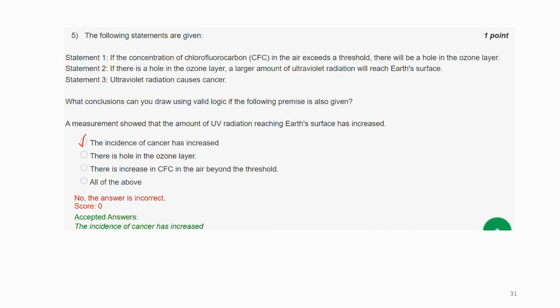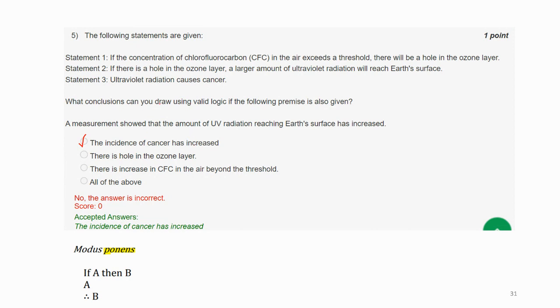So that's why it is right. So it will be simple as the modus ponens. If A, then B. So if A is true, then B is true. Like if UV radiation is increasing, then it is causing cancer. So now if you are getting that this cancer is increasing, so it means UV radiation is increasing, or the